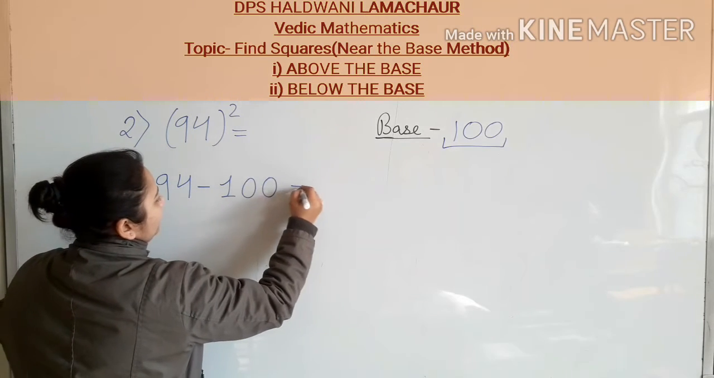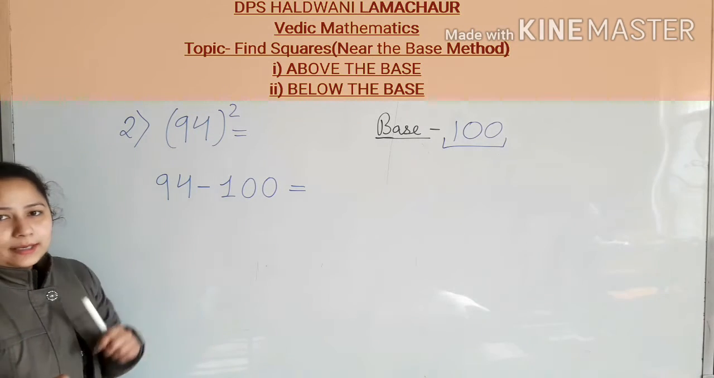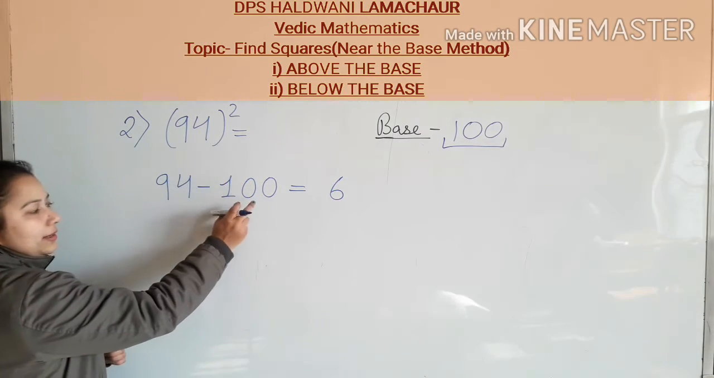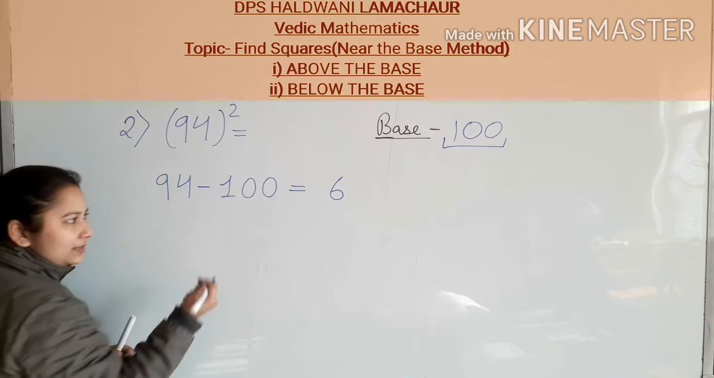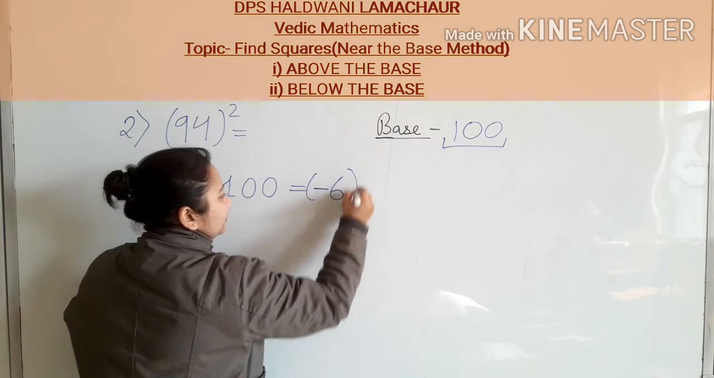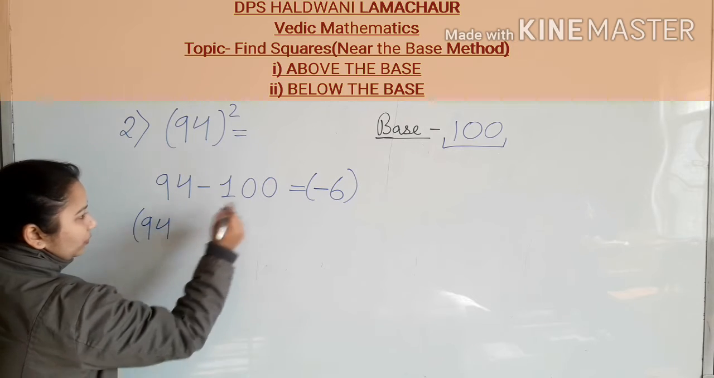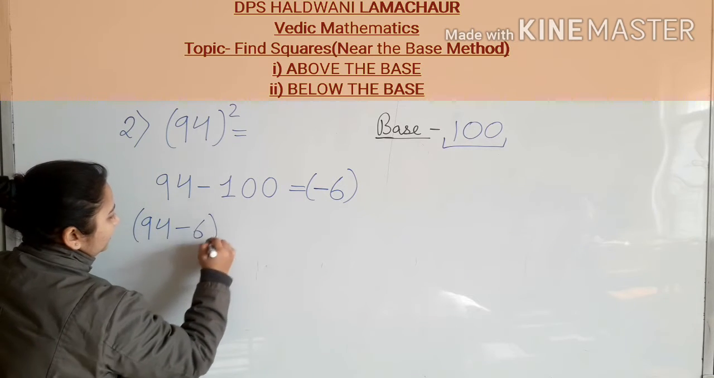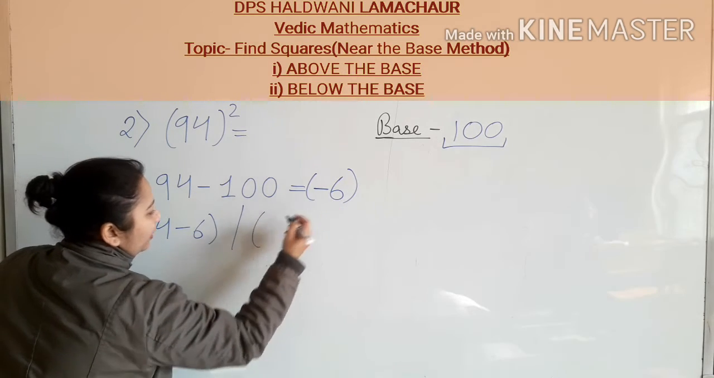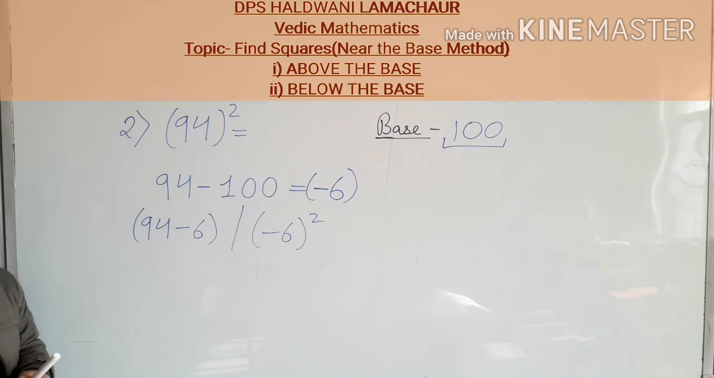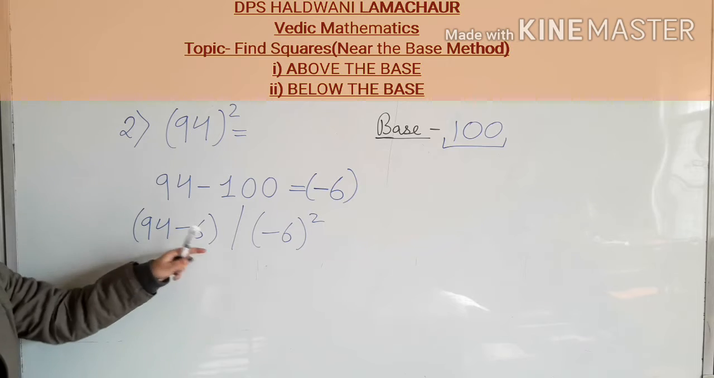Now 94 minus 100. 94 minus 100 is 6. And 100 is more, 94 is less. So minus 6. Now the next step is 94 minus 6, slash, then square of this number, minus 6 square. Now 94 minus 6 is